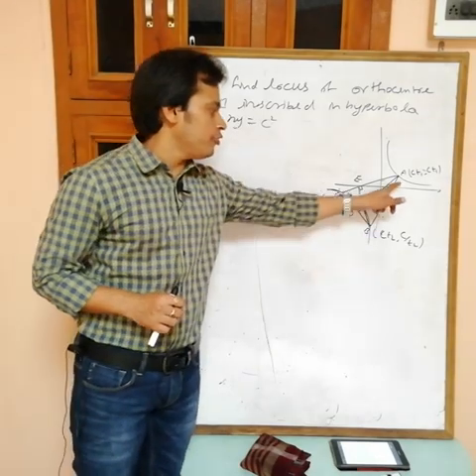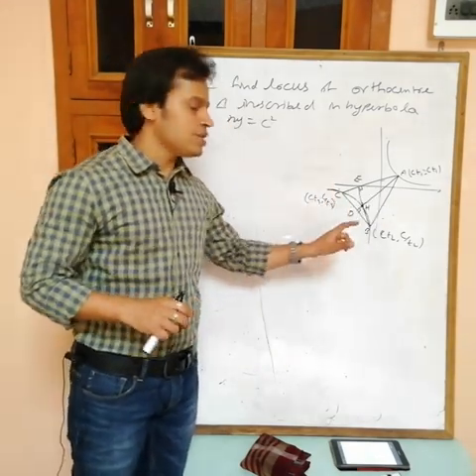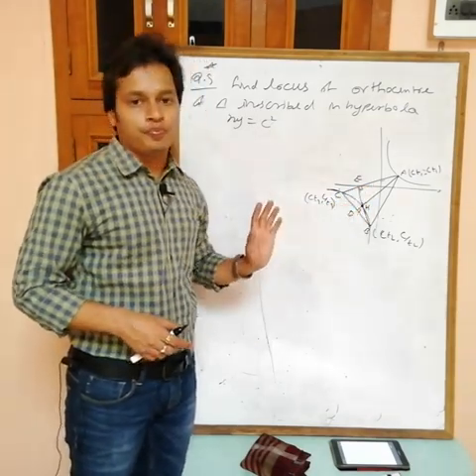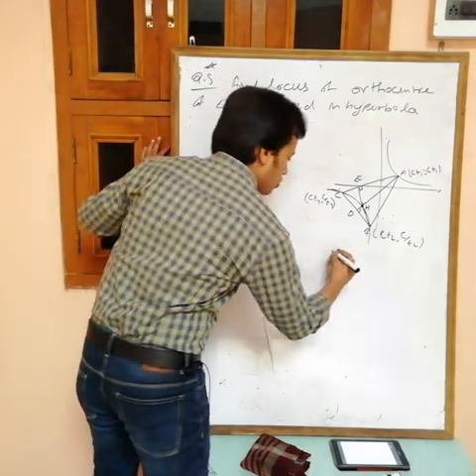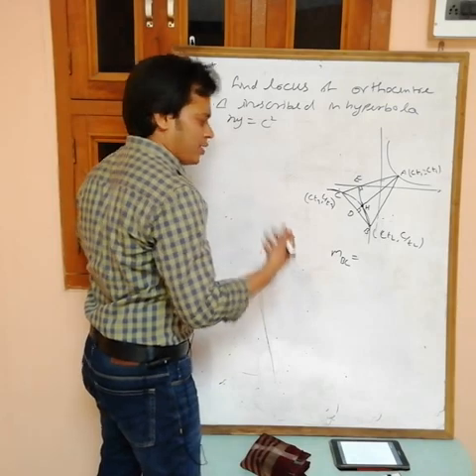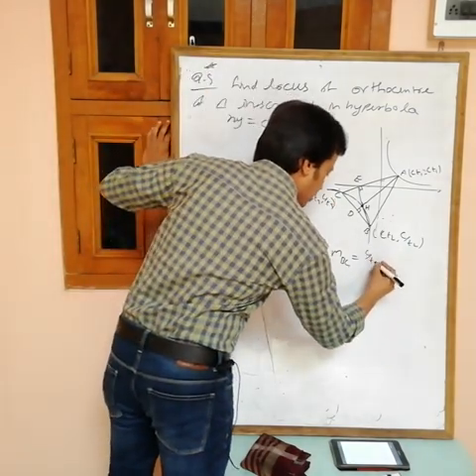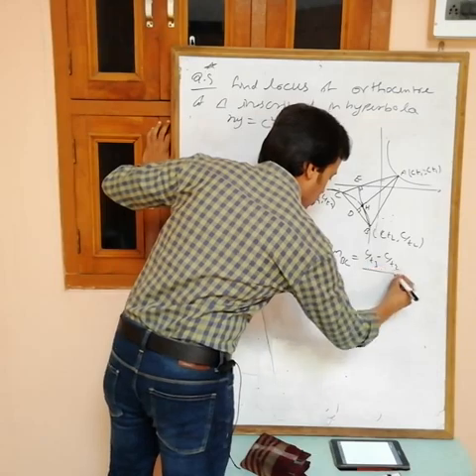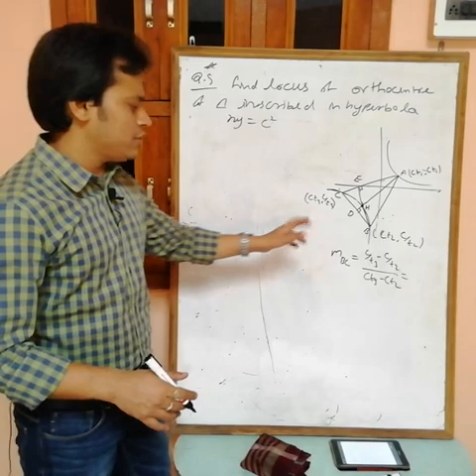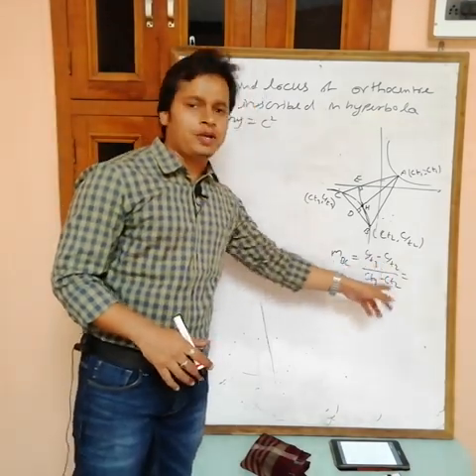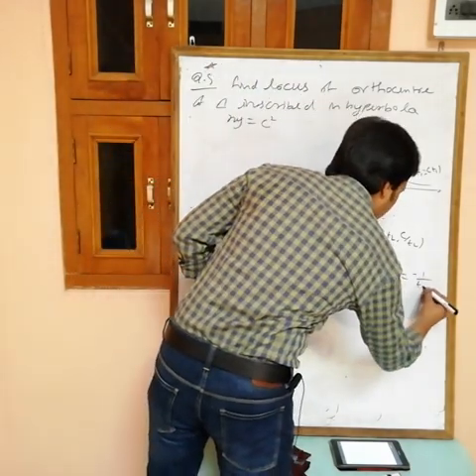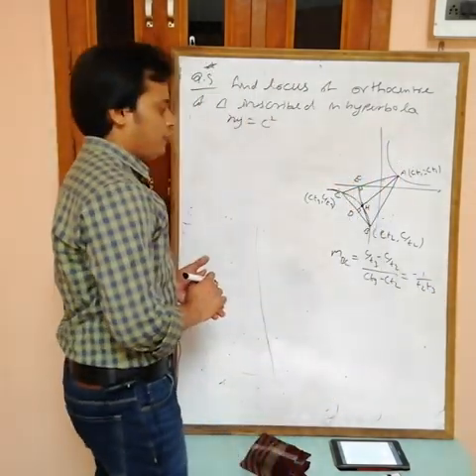How to get the slope of this one? If the slope of BC is M, then the slope of AD is minus 1 by M, because this is perpendicular to BC. So first I am finding the slope of BC, M of BC: (y2 minus y1) by (x2 minus x1). So (C/T3 minus C/T2) by (CT3 minus CT2). If you solve this, after C cancellation, take LCM, T2 minus T3, T3 minus T2, minus 1 common, cancel out. At the end, you will get only minus 1 by T2 T3. This is the slope of BC.